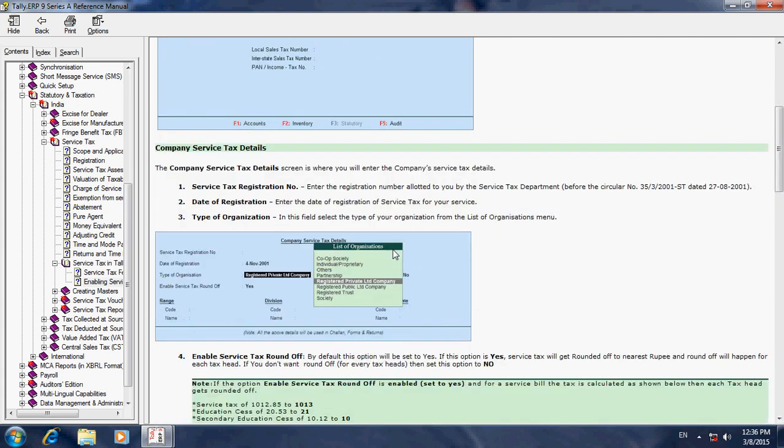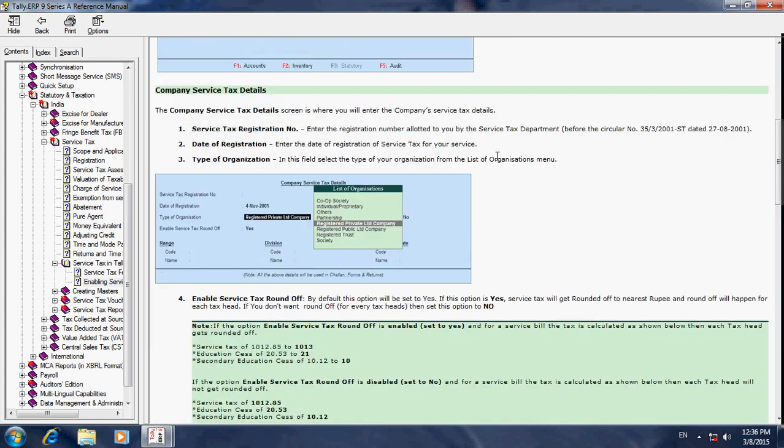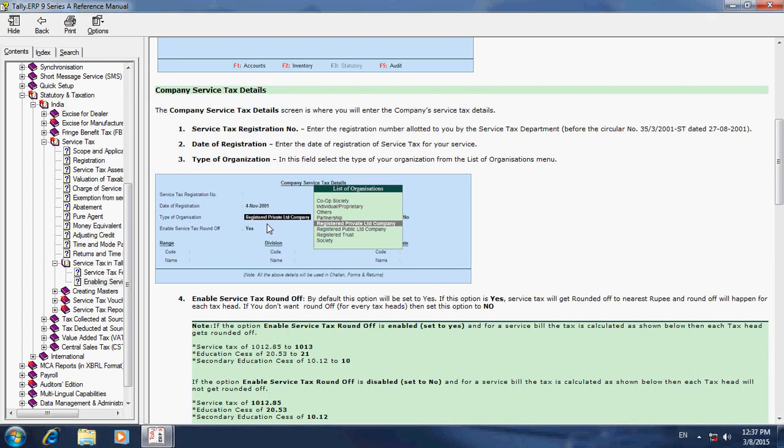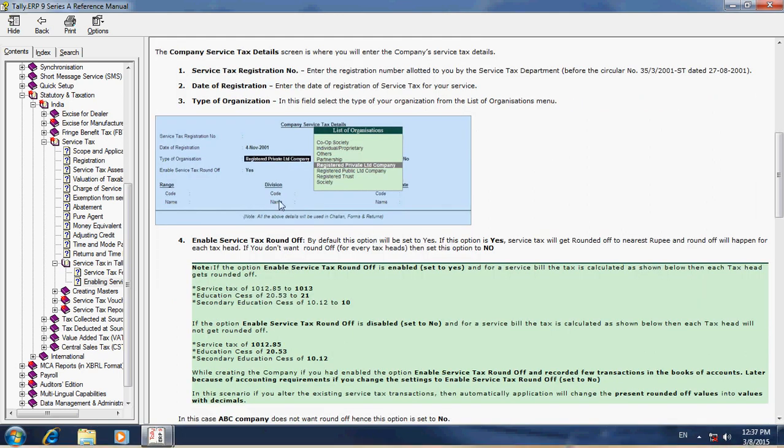Then the screen will appear like this. Here you have to enter your service tax number, date of registration, then the type of your company, that is registered private limited or registered public limited, etc. Whatever your company is, you have to choose that one.